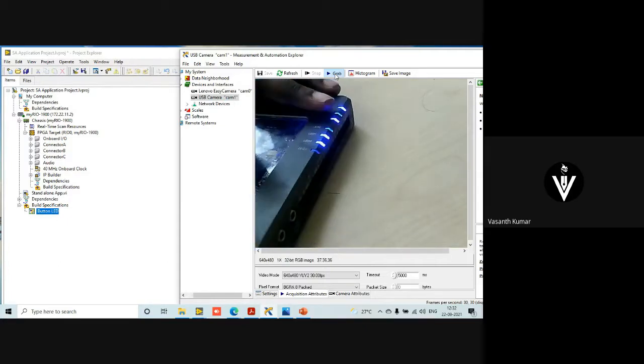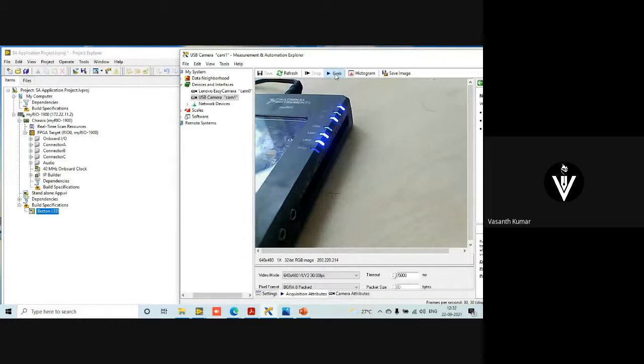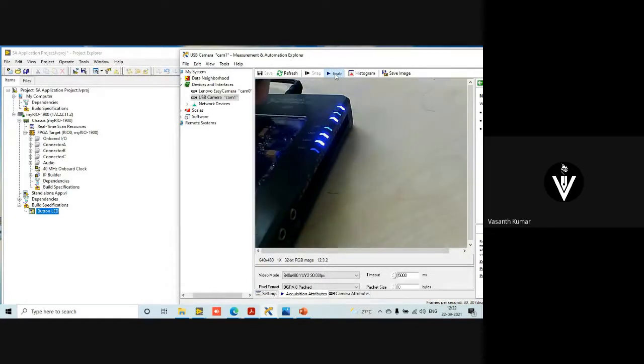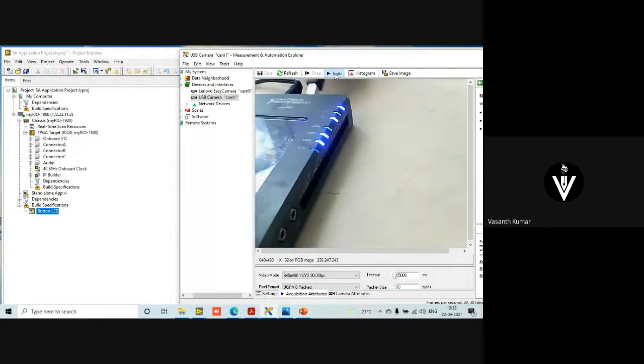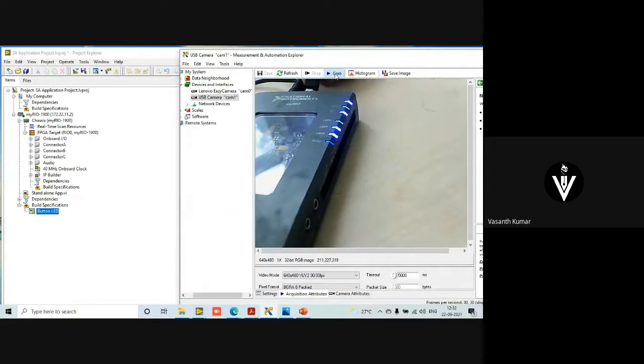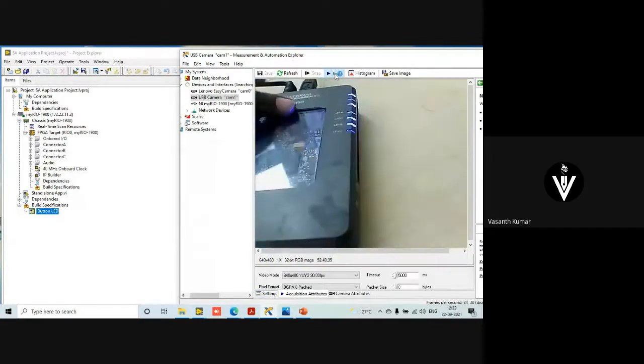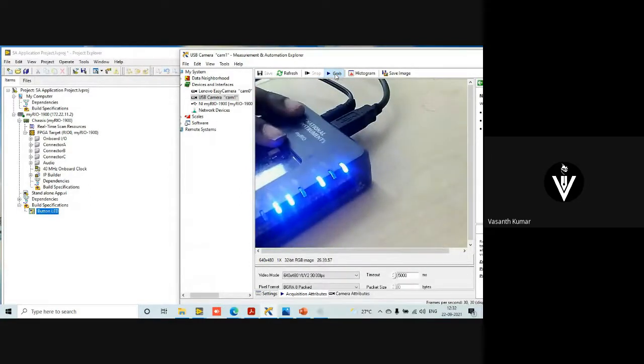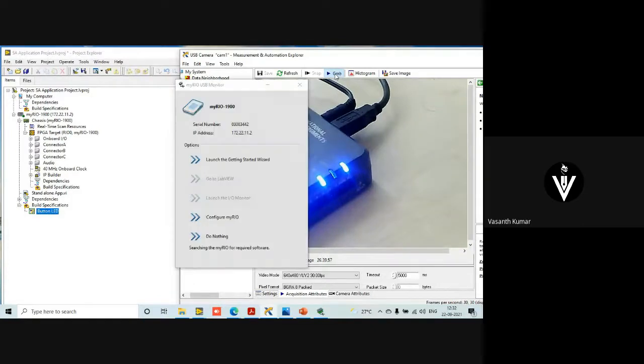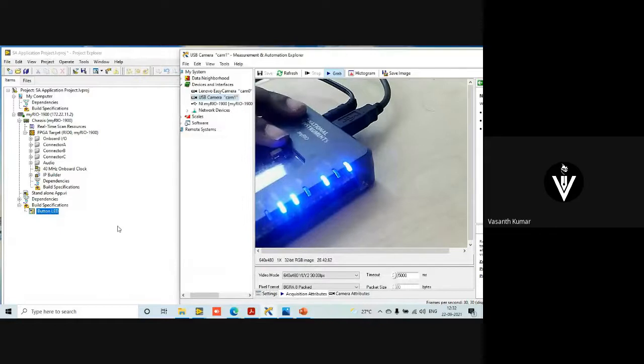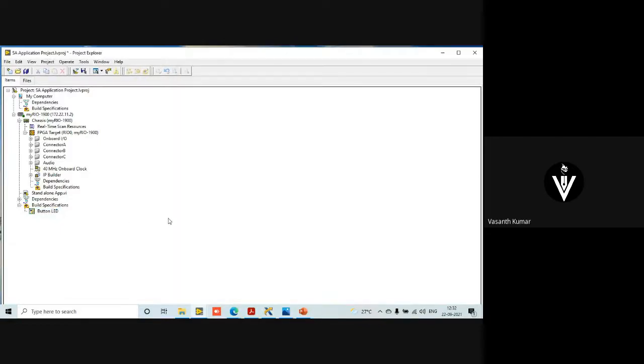So if there is no doubt, I'm also going to show you after doing a standalone. Let me say you did an application, then now you want to rewrite it. I mean that you want to once again program it. So in this case, what you have to do is you take the cable, connect it back to your computer. All right, fine.